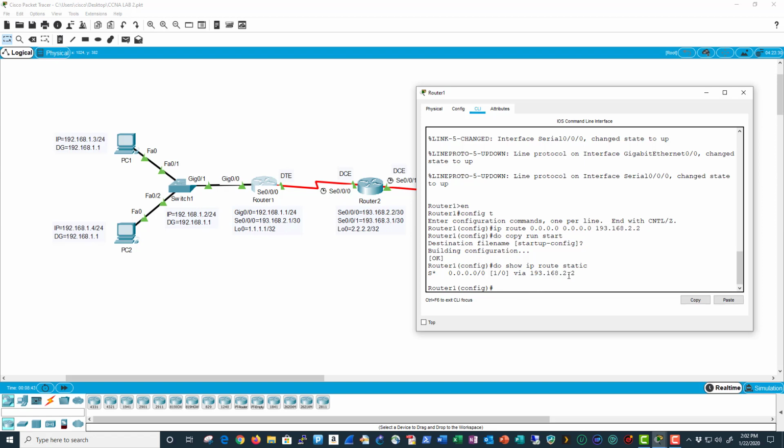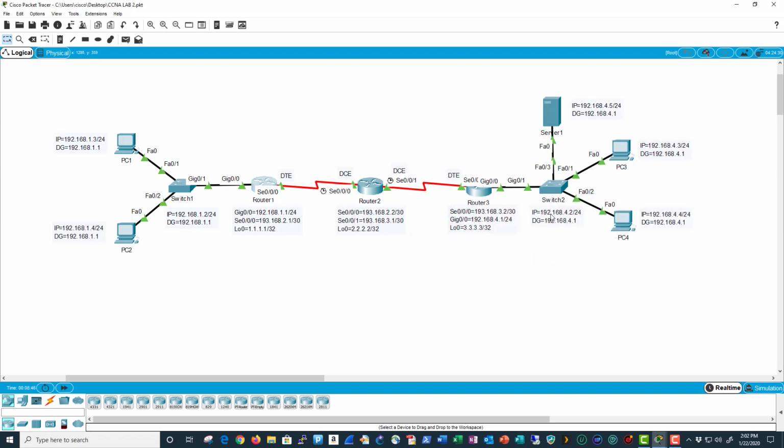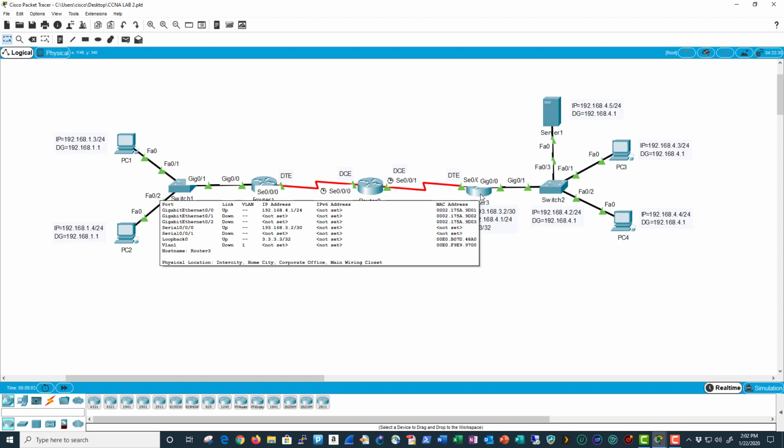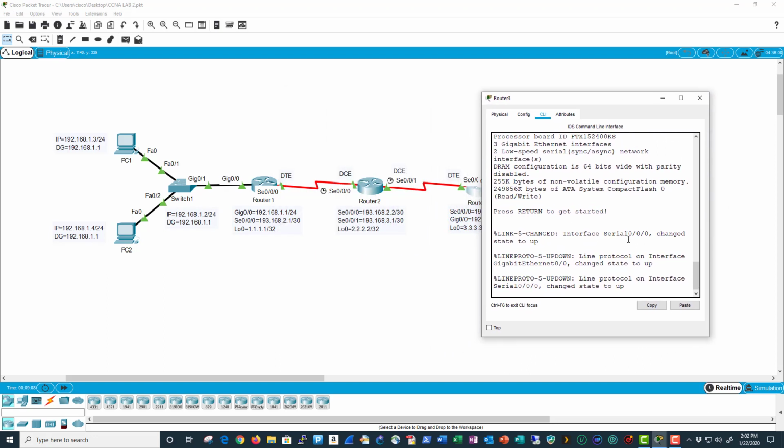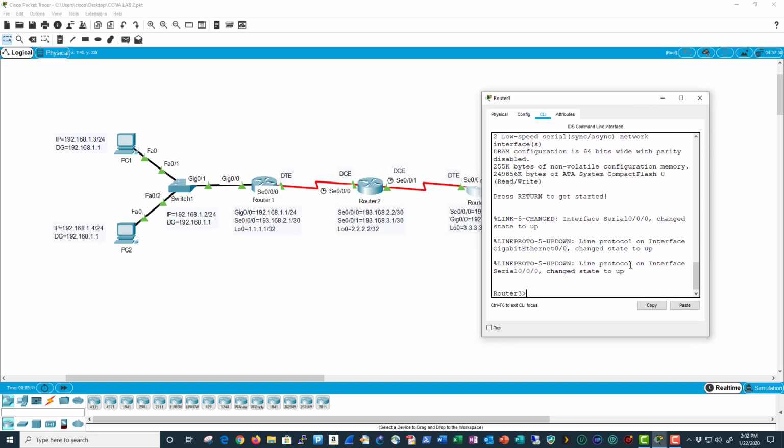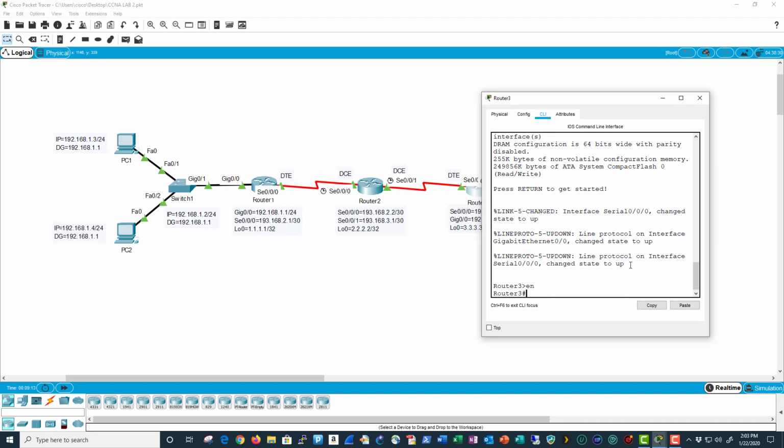Okay. All right, so if I minimize this, I kind of want to do the same thing on router 3. Anything that's not in its routing table that matches those specific subnets and networks, I want to forward that over to router 2, where router 2 is kind of like our simulated provider, if you will, for this exercise. I'm going to go ahead and click on router 3 and basically do the same thing, pass everything over to router 2. So I'll type EN to go to privileged mode, which is an abbreviation for enable,